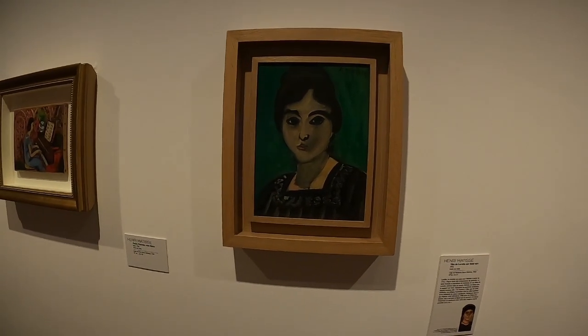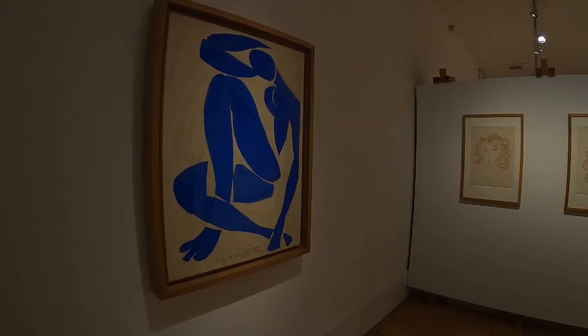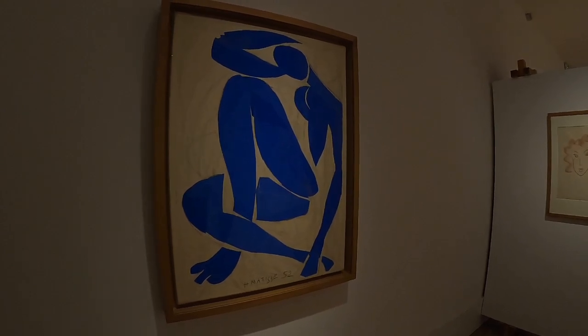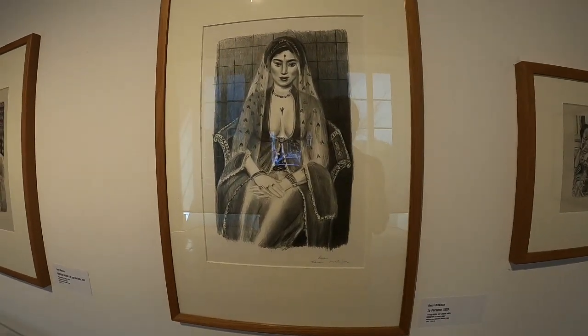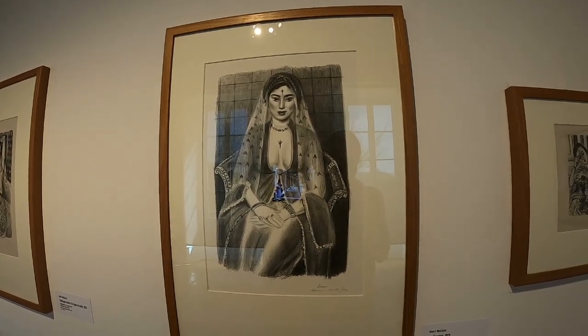Some other works by Matisse line the walls here, including this, one of his famous blue nudes made as a collage in the 50s when he revisited the theme. While a lot of Matisse's pictures are secular, such as this odalisque,